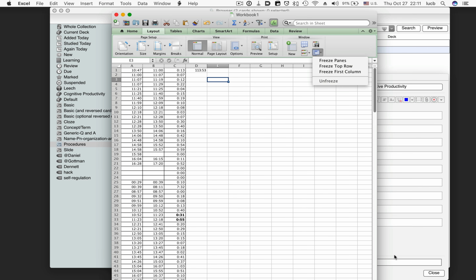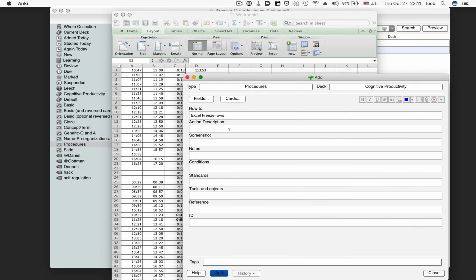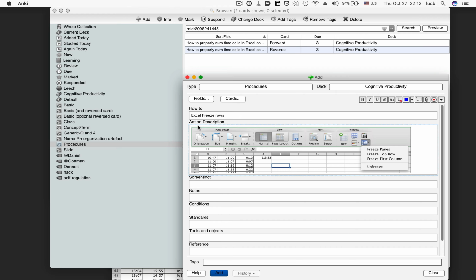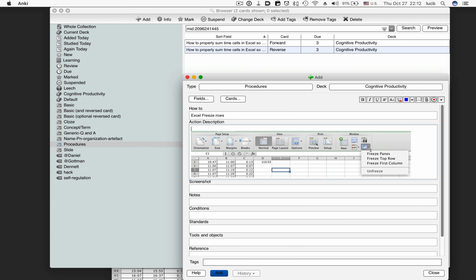and then go to the Finder wherever you saved that and copy the file. And then you just paste it in, right? And if you want to add some text about how you got to that, you can say, well, you click on the ribbon, and then you click on Layout, and then you click on Window, Freeze Pane,